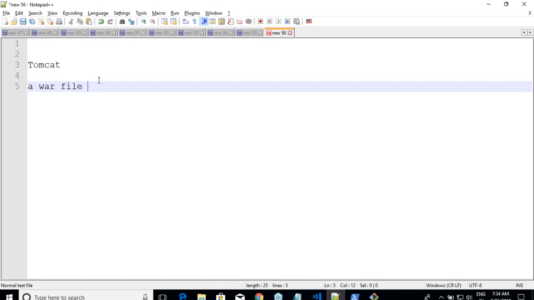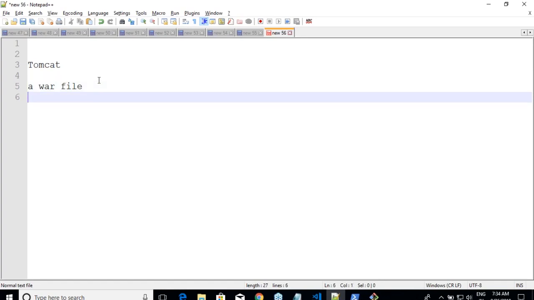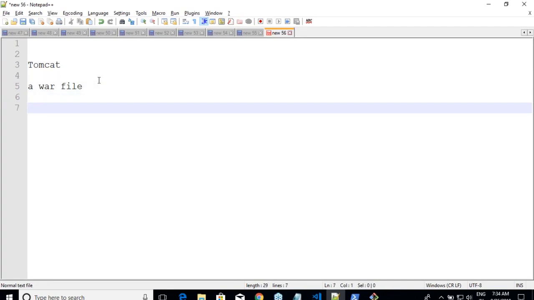Whenever you build a Java project, you will get a war file which you can use in deploying it to the applications. Now I want to deploy this war file into Tomcat, right? I can deploy the war file in some location in Tomcat's directory, and there will be a webapps folder, and in that webapps folder is where I need to copy the file.